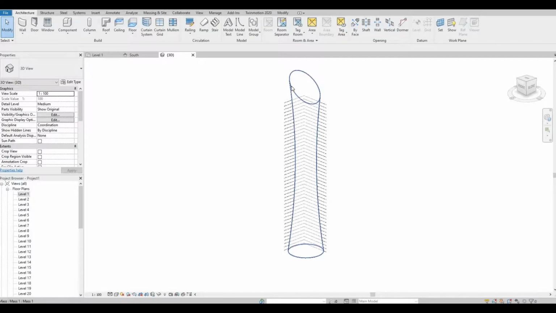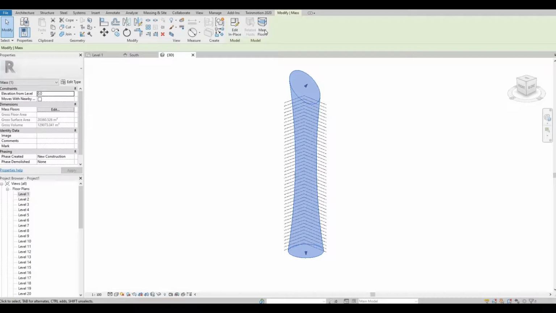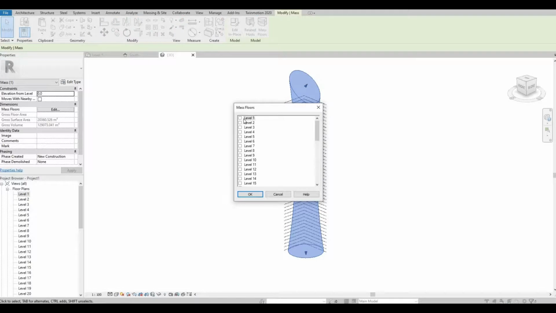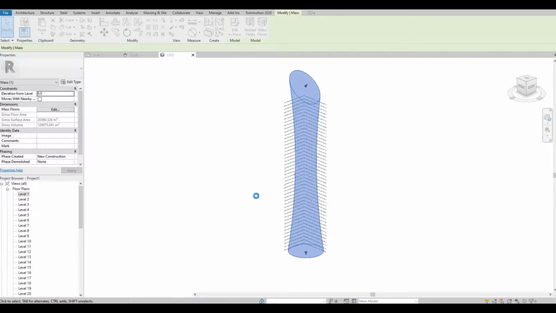Simply select the mass and you'll have this option. Click mass floor and then select level 1. Scroll down, hold shift, select 46 and then click on this box and then press OK. It will then create mass floors,